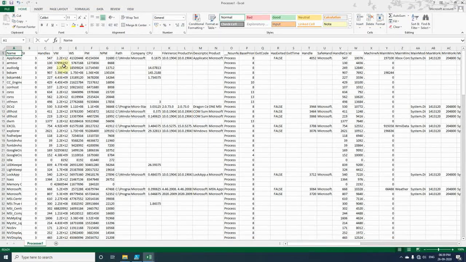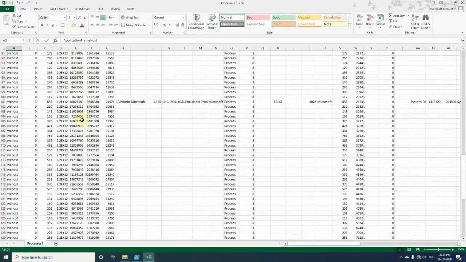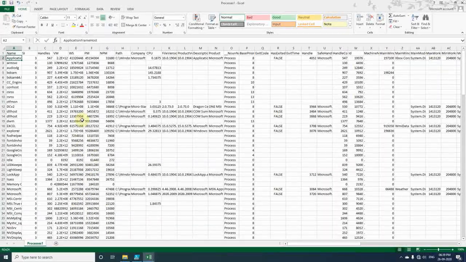So that is the reason you will see here it contains a lot of headers and all the processes have been printed in this one. So this is how we can export either selected processes and selected properties from the object, or just use everything by default.